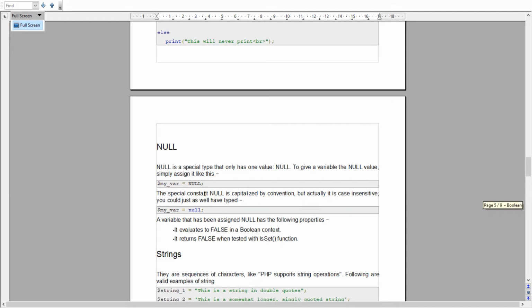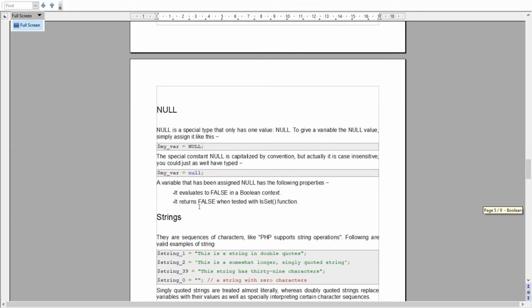The special constant null is capitalized by convention, but actually it is case insensitive. You could just as well type it this way. A variable that has been assigned null has the following properties. It evaluates to false in a boolean context, and it returns false when tested with the isset function. How to use evaluation with boolean and the isset function, we will do in the coming video in detail.